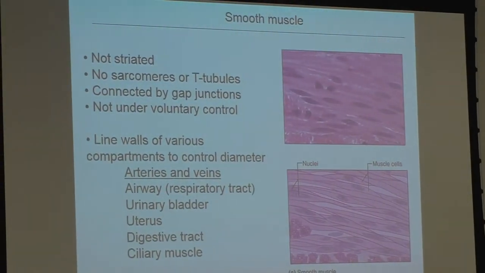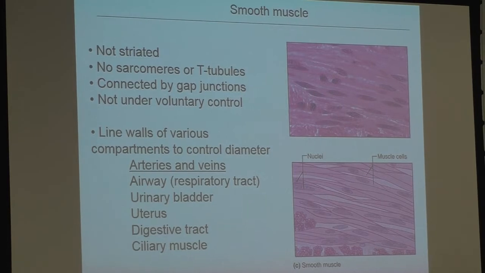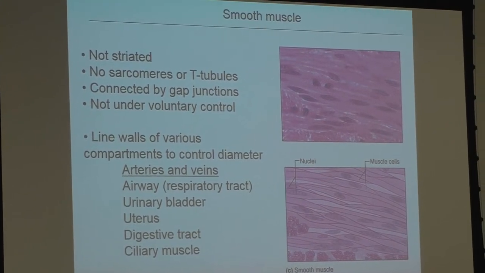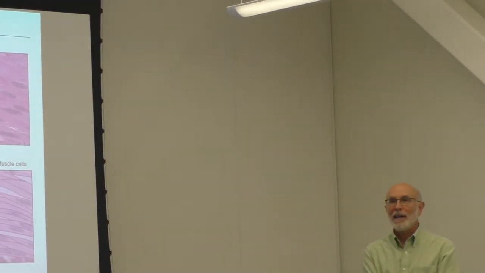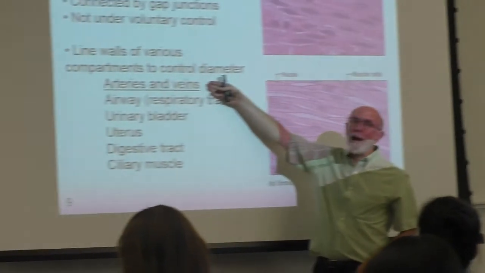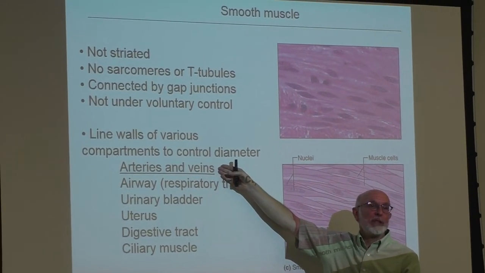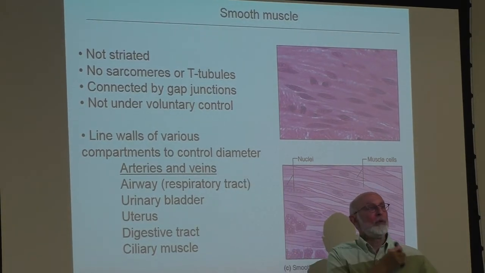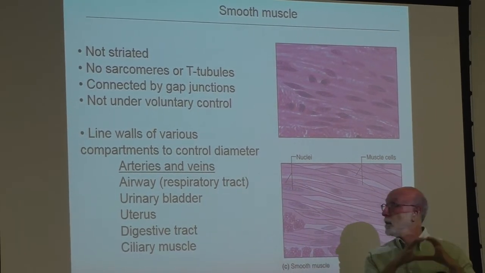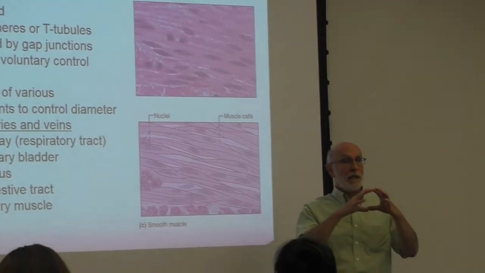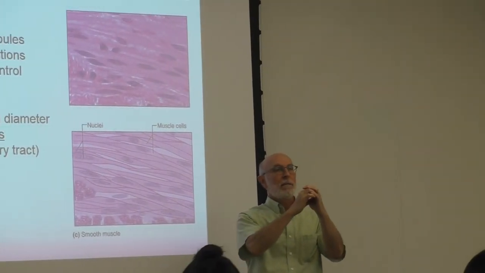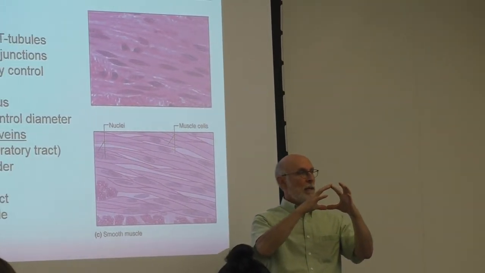Okay, so let's turn our attention to smooth muscle. Why do we have to talk about smooth muscle? Well, smooth muscle lines almost all of the tubes in your body. And in particular, for this section of the course, we need to think about the control of the diameter of arteries and veins. Arteries and veins are part of the cardiovascular system. You can't just focus on the heart. So smooth muscle, which lines the arteries and veins, can contract or can relax, and that controls the diameter of the tube,